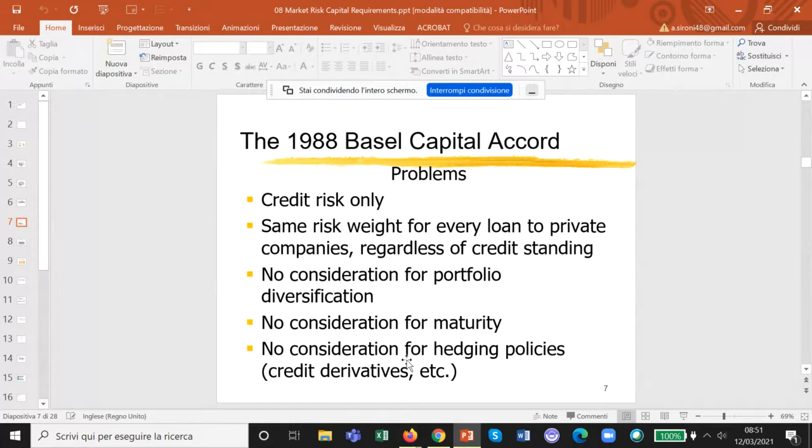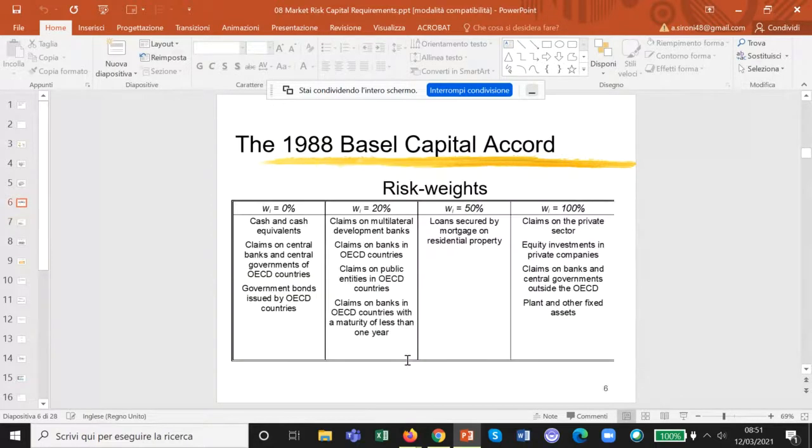But what we are looking at today is that if you look at these risk weights, the underlying idea is the more risk you take as a bank, the more capital you need. But in this kind of logic, the only risk we are looking at with this risk weighting system is credit risk, okay? Because the underlying assumption is that if you lend money to the private sector, you have higher credit risk than what you get if you lend money to another bank, or if you lend money through a mortgage which is guaranteed by real estate, okay?